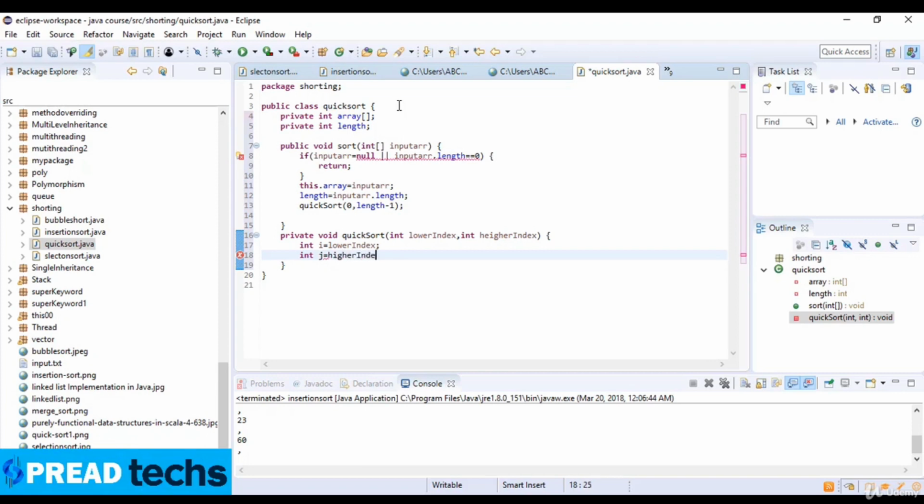Okay, and integer j which is equal to higher index. Okay,